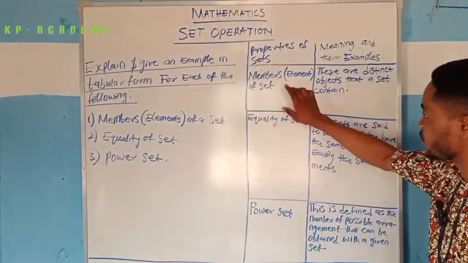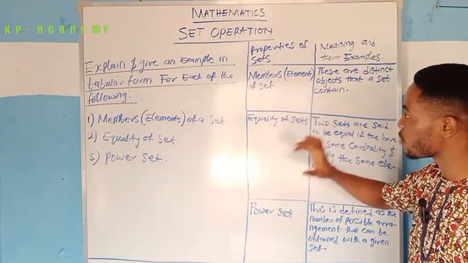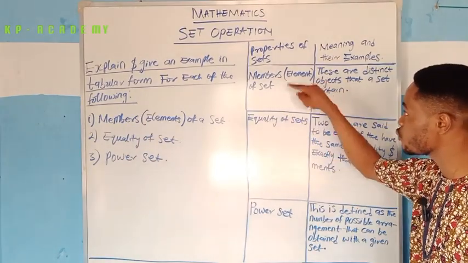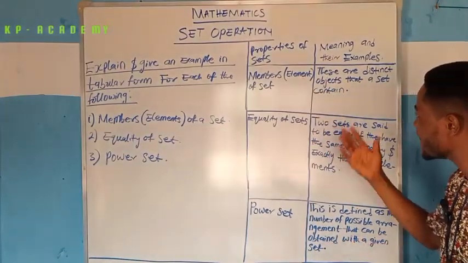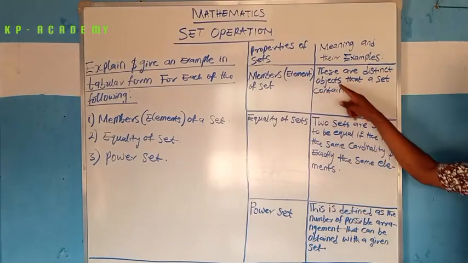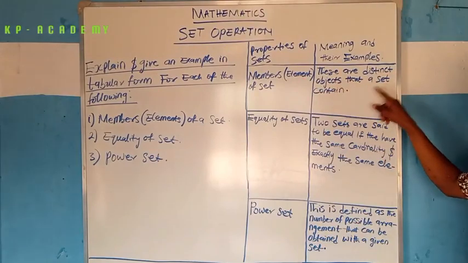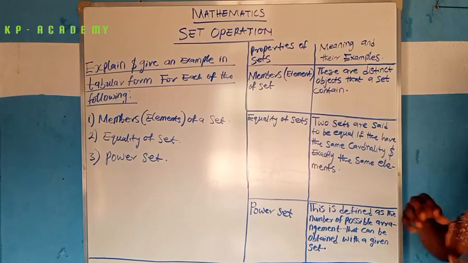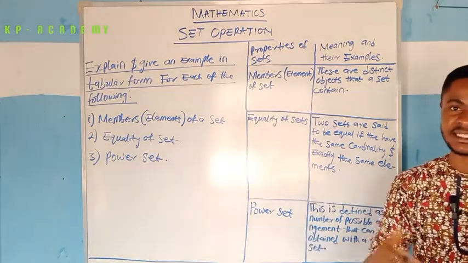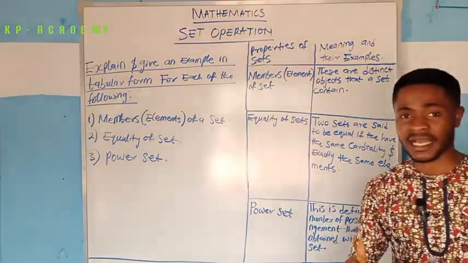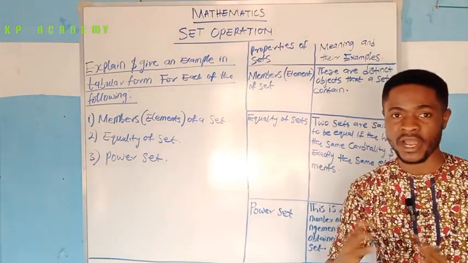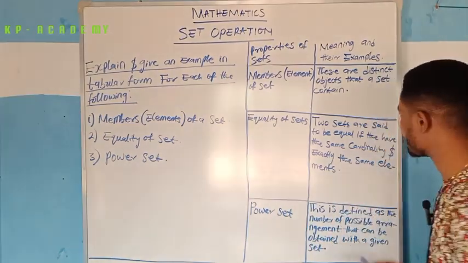So first, member or element of a set. First of all, which is this? Members of a set, also known as elements of a set, simply means these are distinct objects that a set contains. Those distinct objects that a set contains are regarded as members of a set or elements of a set. For example,